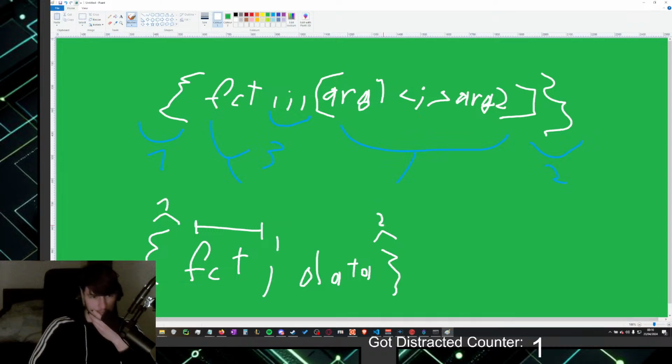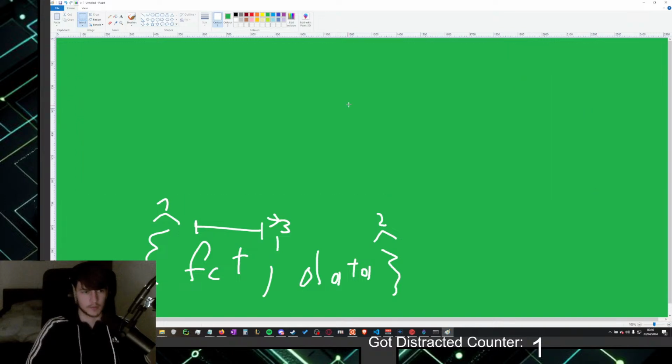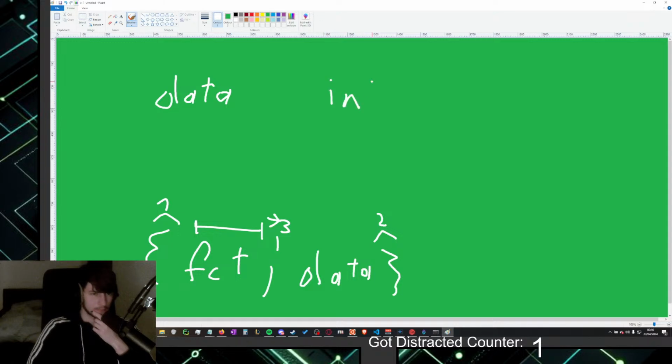Okay, wait, so let's do 1, 2, 3. Let's show that this should be from the start, and then the data. Let's actually get rid of this thing here. And data should be of the form like int of, I don't know, this.